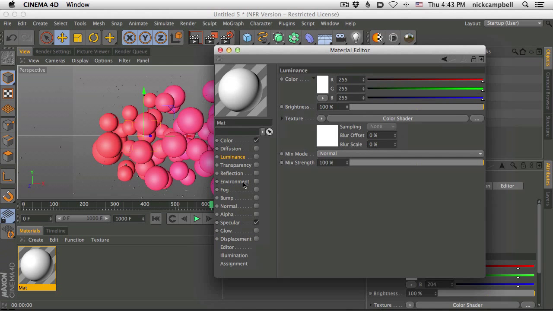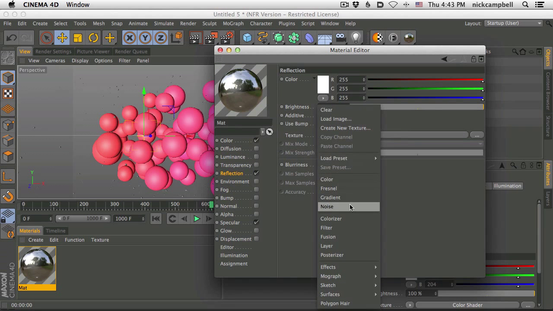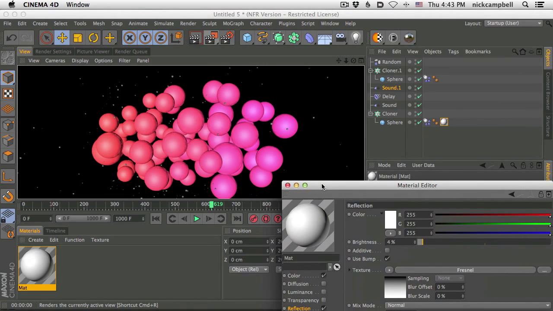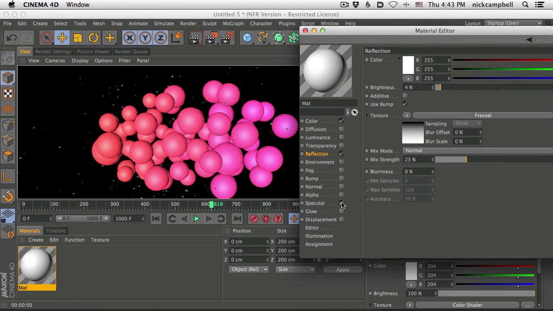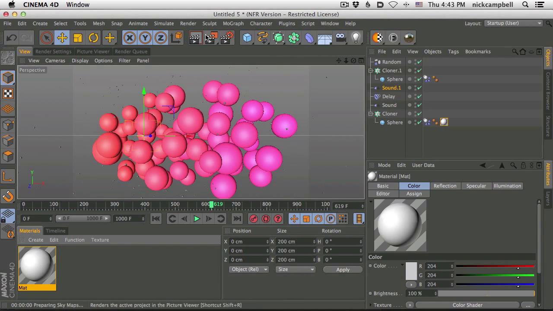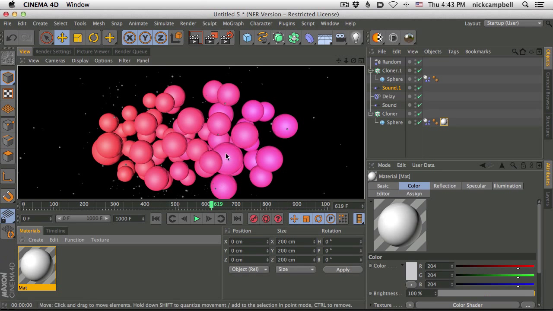So now we have a color. Of course, we need reflection. We need some Fresnel, and we're going to tone it down so we just get a little bit of reflection, and we're starting to get somewhere. All right. We're also going to kill our specular. You know what? I think we're going to add a normal light in here. And I'm not a specular hater like I used to be. So let's leave it up for now, and maybe we'll turn it off in a second.